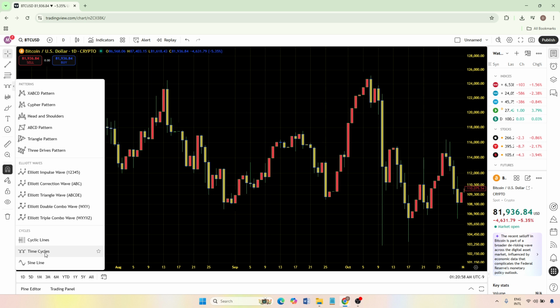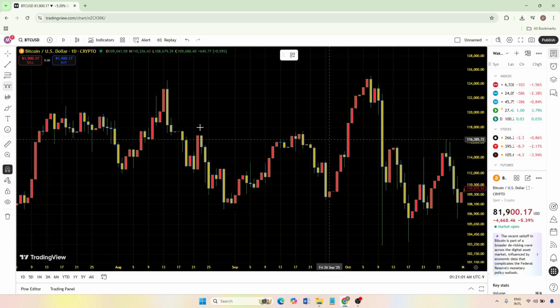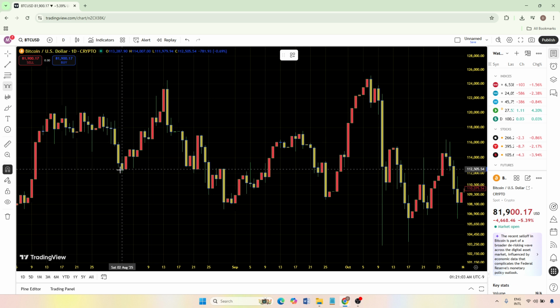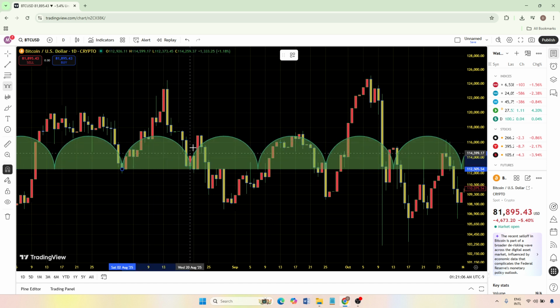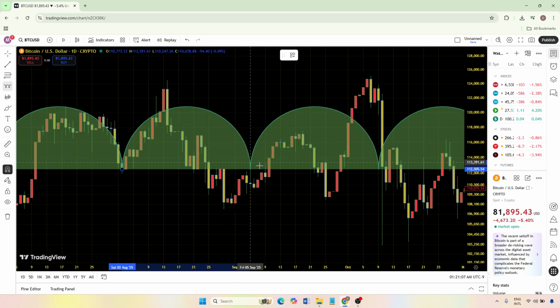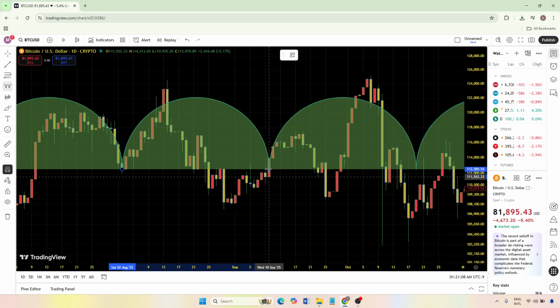When you click on Time Cycles, your cursor will turn into a drawing tool so you can start placing your cycle on the chart. Now, click once on the chart to create your first point. This first point usually marks the beginning of the time period you want to measure, like a recent low or high. Then move your cursor to the right and click again to create your second point. The distance between these 2 points defines the length of your cycle, and Tradingview will automatically repeat that spacing forward